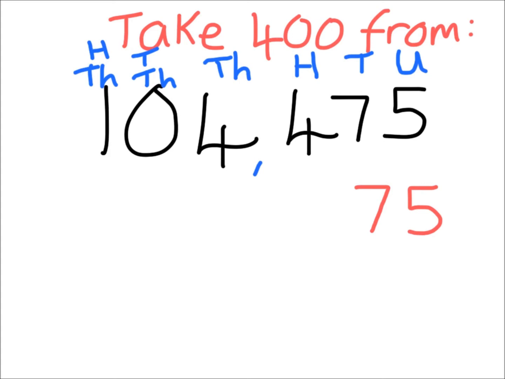At the minute, I have got 4 hundreds in the hundreds column, but I need to take 4 hundreds away from the hundreds column. So 400, take away the 400s, leaves us no hundreds. Pop my comma in. The thousands do not change, the tens of thousands do not change, and the hundreds of thousands do not change. So having taken away 400 mentally, my new number is